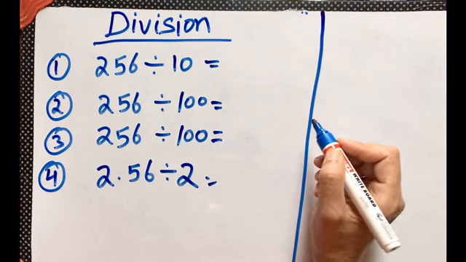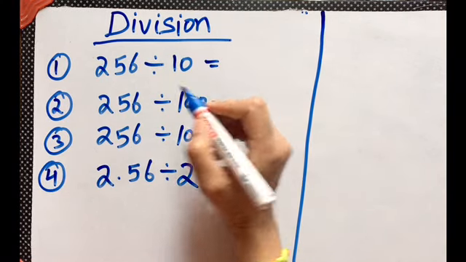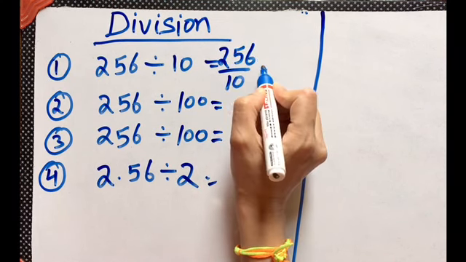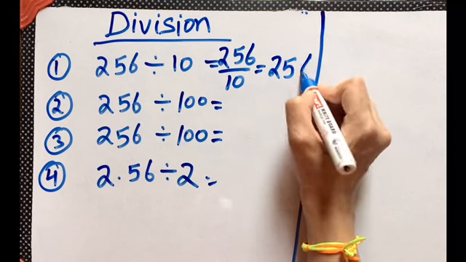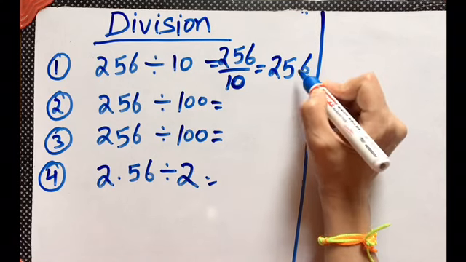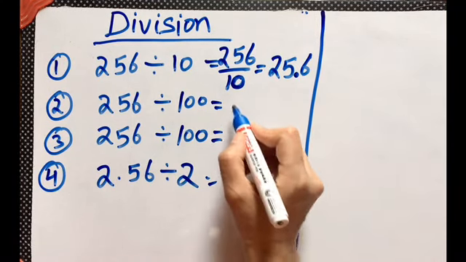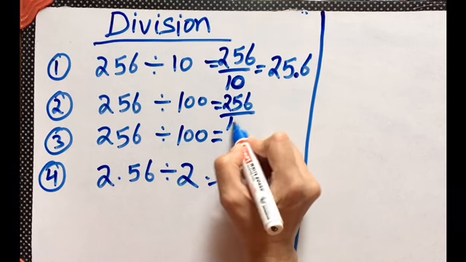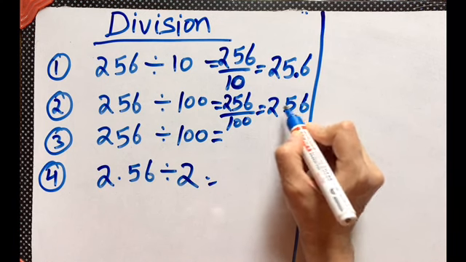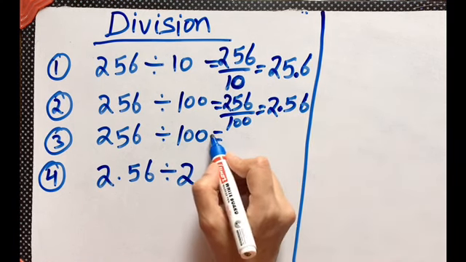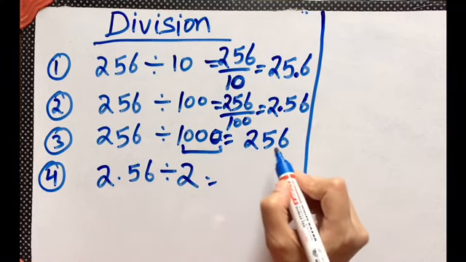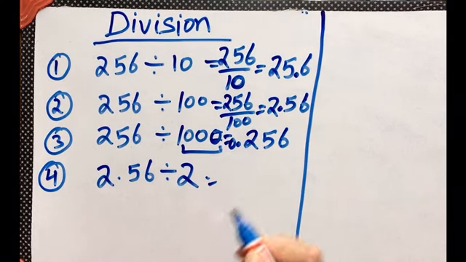Now let us take the division case. I have taken a few examples. 256 divided by 10. I can write it as 256 by 10. Now the answer is 25.6 if you divide it by 10. There is only one 0, so the decimal will be after 1 digit. Here 256 by 100, so how many zeros? 2. So the decimal will be after 2 digits. Here it is 1000, 3 zeros, so 1, 2 and 3, the decimal will be after 3 digits.